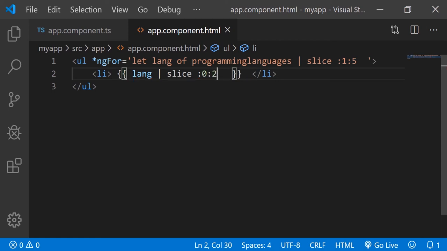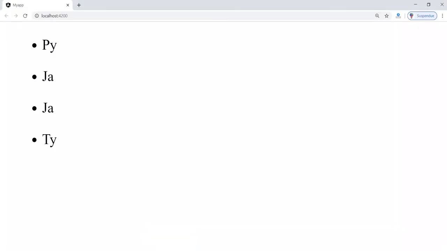Now let's check the browser. Here we can see it keeps only the